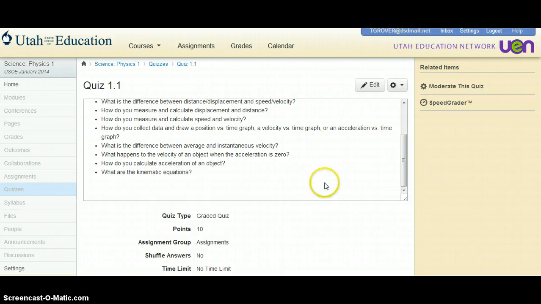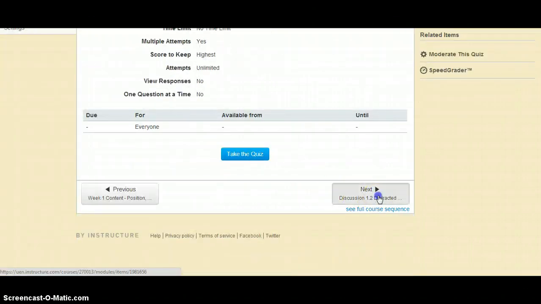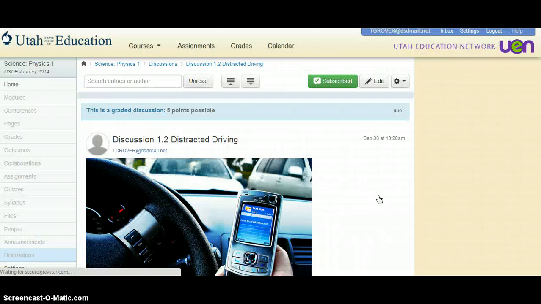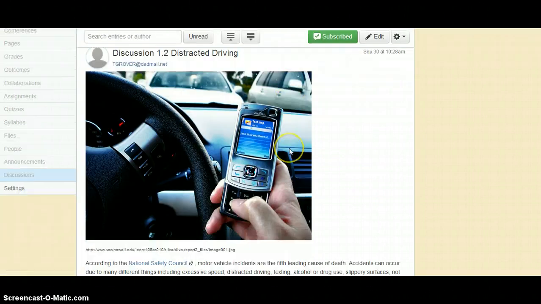You can take it 3 times. That's the maximum amount of times you can take the quiz. You do have to get a 70% or higher in the class, so I would suggest you try really, really hard on that. Alright, once you get done with the quiz, you click Next again,